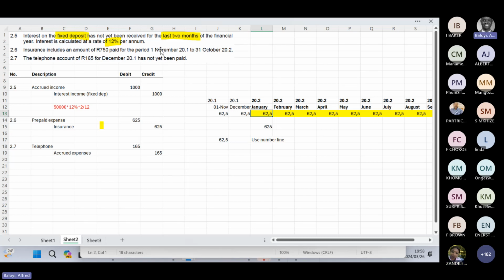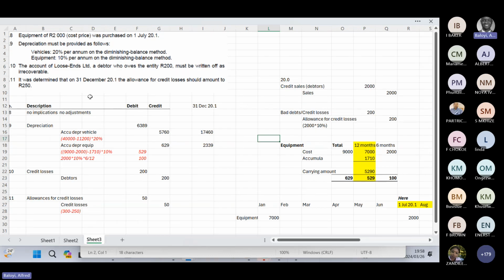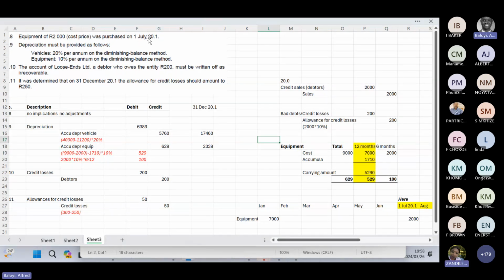Yes. Remember this insurance, look, the contract was entered into on 1 November. However, the equipment was purchased on 1 July. And I think I quite understood that one, which is why I'm getting confused. But now you're saying that the data is completely separate from that information. It's separate. Okay, I get you. So in particular, just to close off, for this type of question, we will always take the number of months that we've had the equipment and it will always be divided by 12.